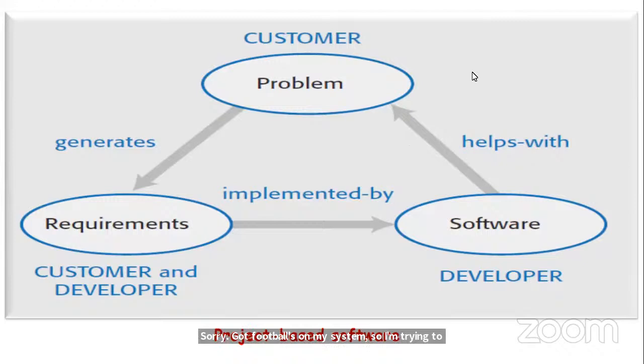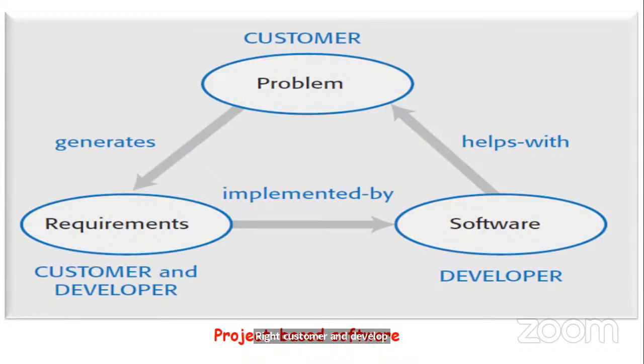So we have project-based software, right? How do we take care of a situation where we have businesses, when we have something to produce, but it's not going to be an individual activity? Rather, we look at a group of people working together to get out a product. Now, here we have problems. We look at the requirements and they are implemented into software. So the customer generates the requirements, right? The customer and developer also meet.